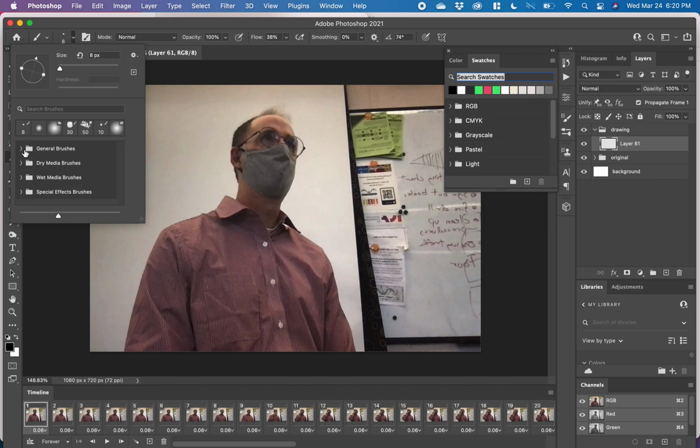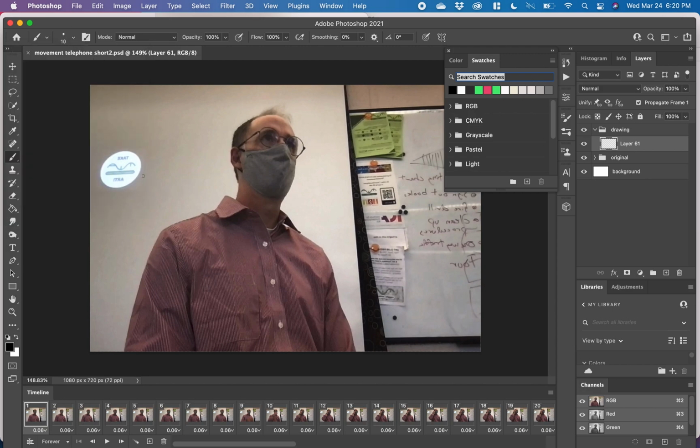I'm going to get a little bit fancier here and go with dry media brushes, and I'm going to go with a pencil. So nice pencil. I move it over here. I can see that the mark is pretty small, so that's good. And so I will go ahead and close that window. I'm going to pick a slight gray for doing my outline and pull that to the front. And so now what I will do is I'll just go ahead and